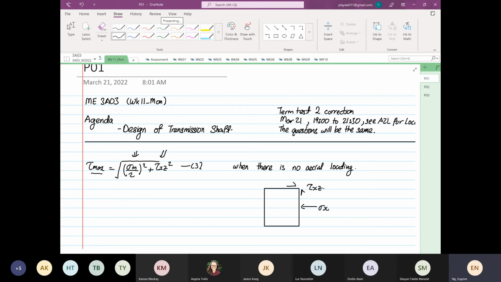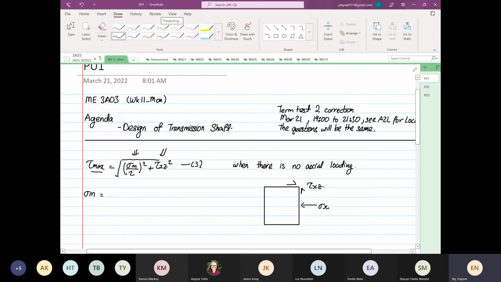So from here, our bending stress sigma m, induced by the bending moment, is equal to My over I. Then our shearing stress is equal to Tc over J,